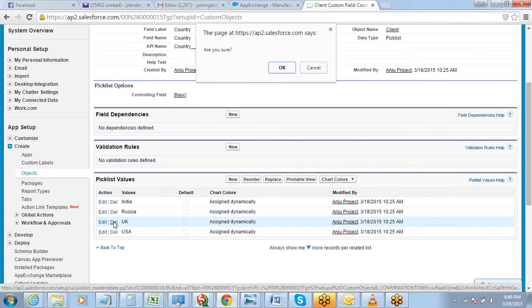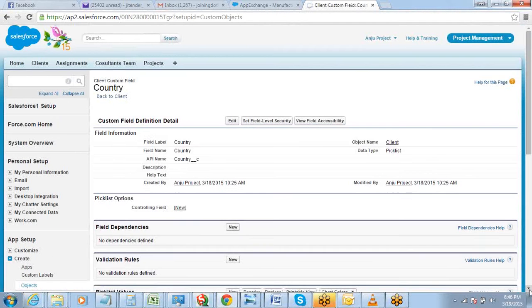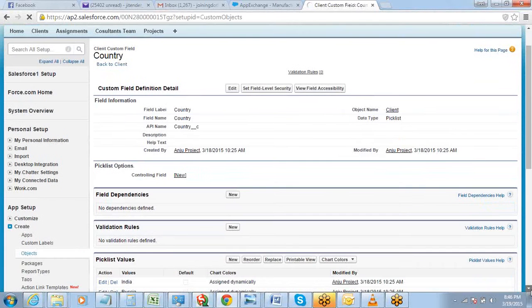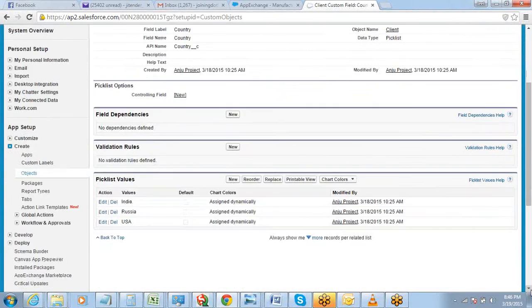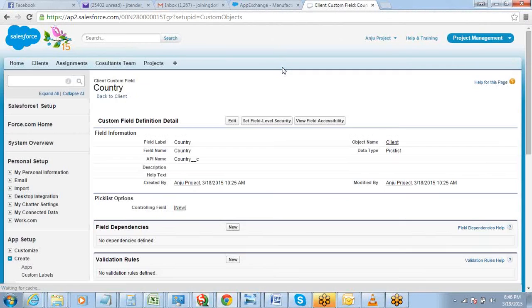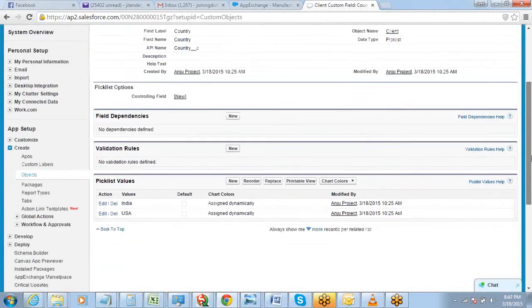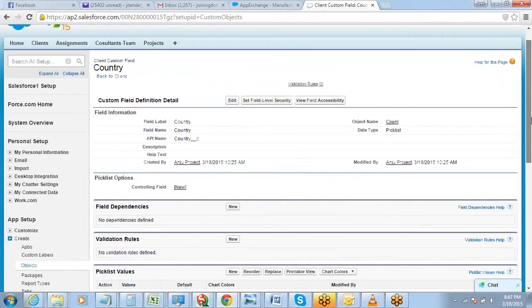So let me delete this. Russia also should not be there. Delete it. Okay, so I just have two countries here.